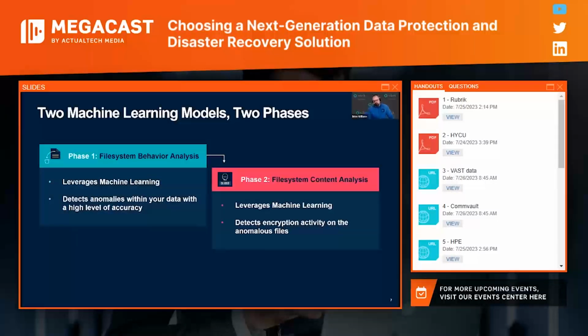That's phase one. Out in the field, other solutions, if they even get to this point, which they usually don't, usually stop here. And there's a good reason why we go an extra step, because if I'm only receiving information and metrics about data change rates, ultimately, how much use is that to me, really? Right? But Rubrik doesn't stop here. This is what moves us to the next level.